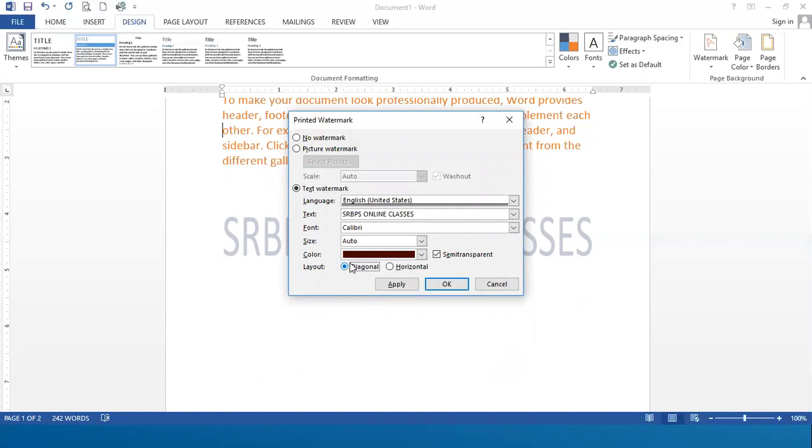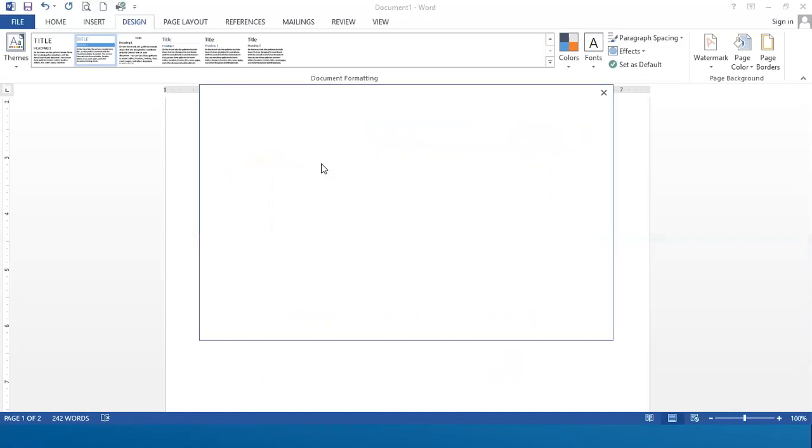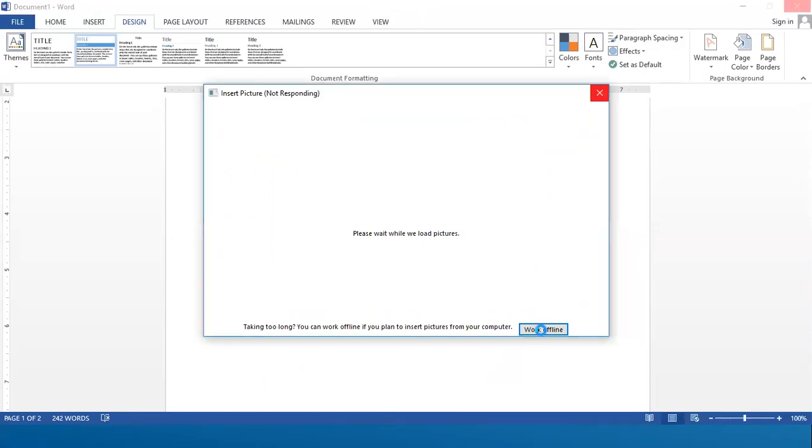If you want to add a picture watermark, then you can also add it. For example, you have clicked on picture watermark. After this, you need to click on the select picture option. When you click here, it will show you a dialog box where you need to click on work offline if you want to pick a picture from your computer, which is already saved.